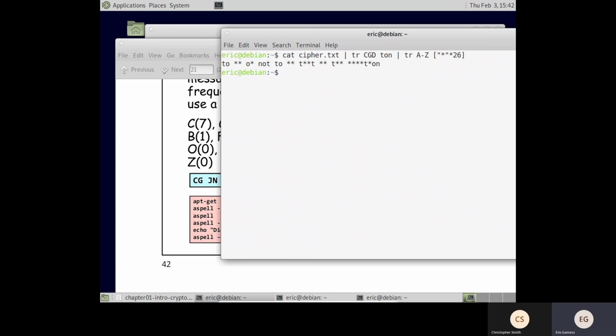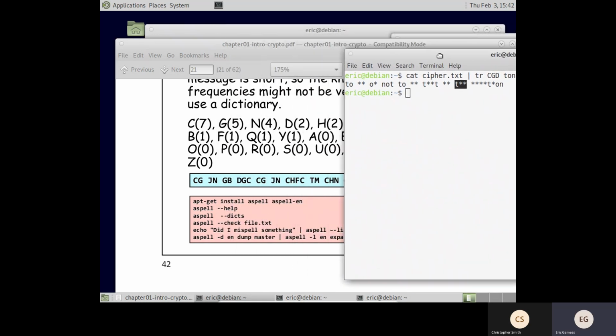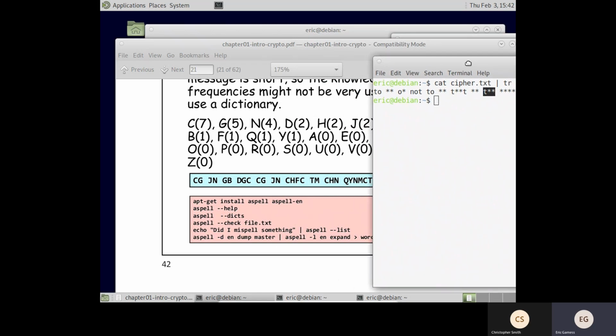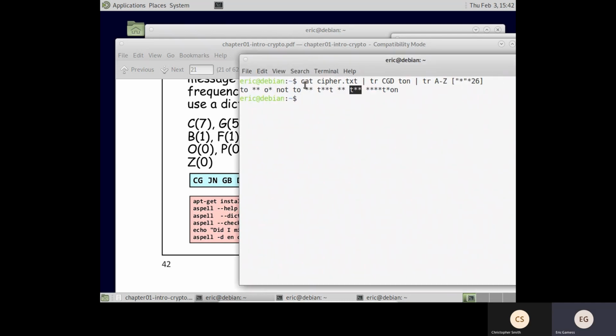So what do you think? We know that this is probably a de. Remember, the de is very frequent in English. So let's say that this is a de to see what happens. So if this is a de, the HN has to be TH. Okay? So I'm going to say